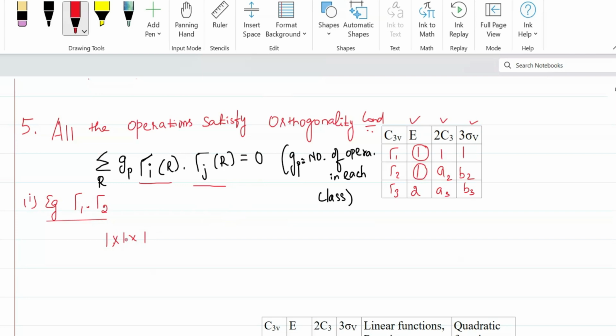This is done for E. Plus the next step, for C3. How many C3s are there? So gp for this one is 2. That is for C3. So gp is 2 into